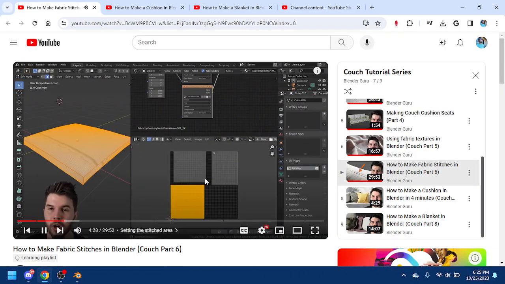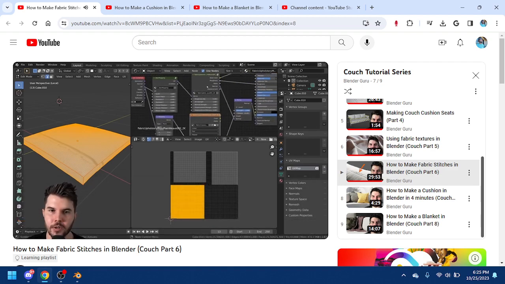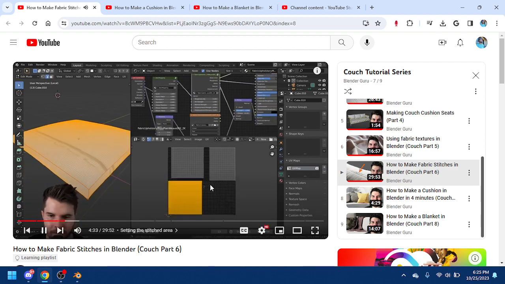So we don't want to adjust this because this is what our fabric is using, the correct scale for our fabric. Instead, what we want to do is create another UV